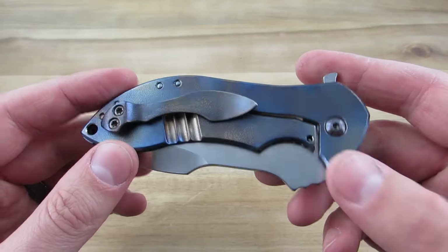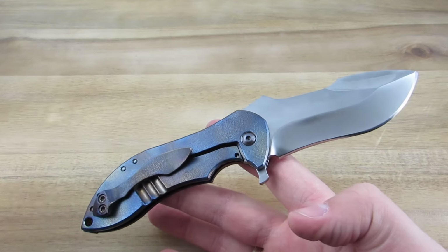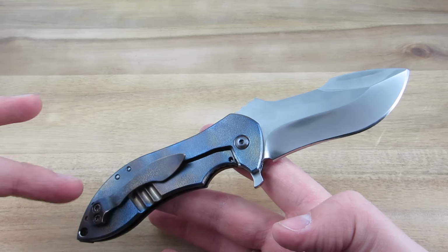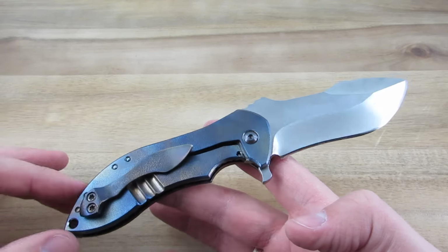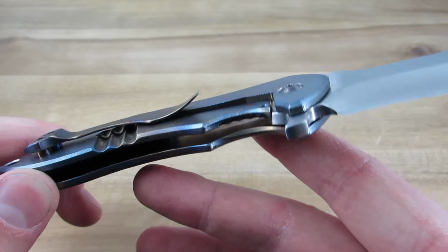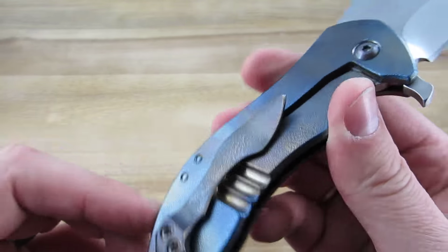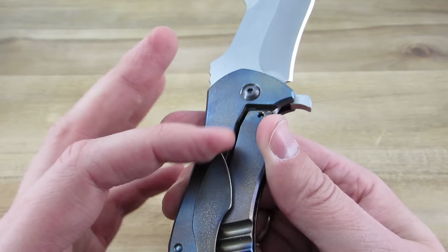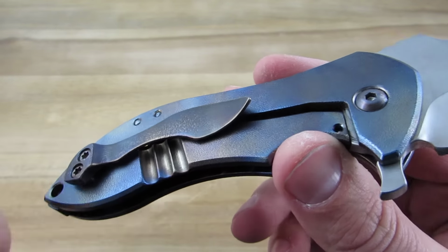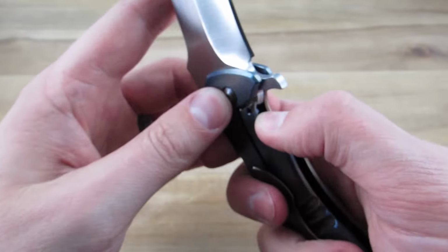Pocket clip is gorgeous. I think it matches the overall shape of the knife. That's something that Neil Blackwood is very much known for. Sometimes the pocket clip will essentially be a smaller version, line-wise, of the entire knife or of the blade, but really beautiful. Again, has almost a delicate type of feel to it, or look to it, I should say. Functionally, it works quite well. The tip here might be a tiny bit sharp. I mean, not sharp, just a little bit pokey. I guess pokey is the good word to use. Beautiful lock bar cutout. And then the pocket clip is on these kind of bronze and blue standoffs here. See if I can get a better...